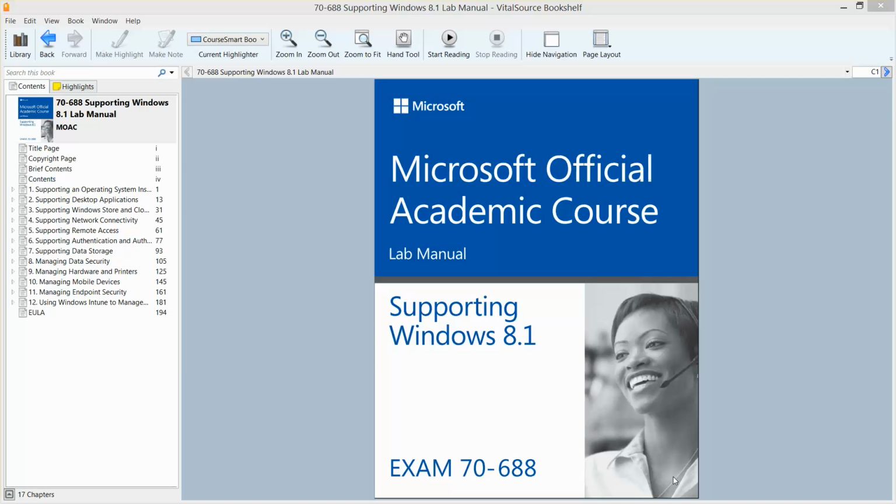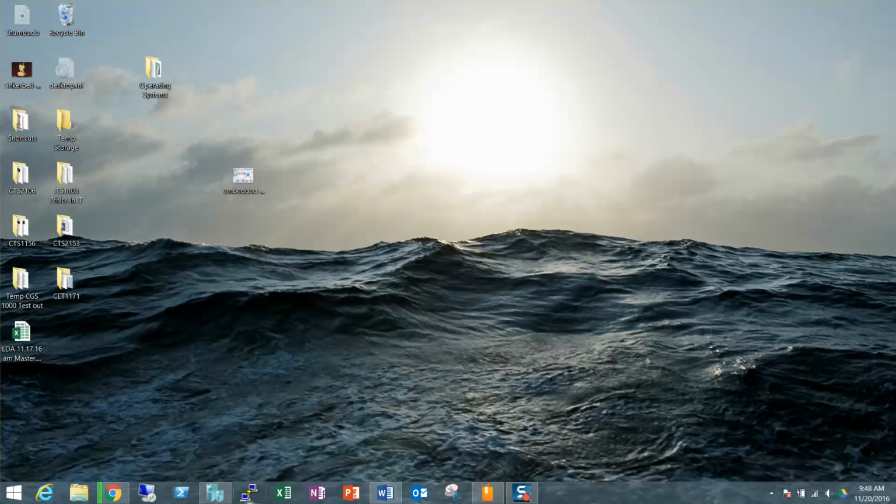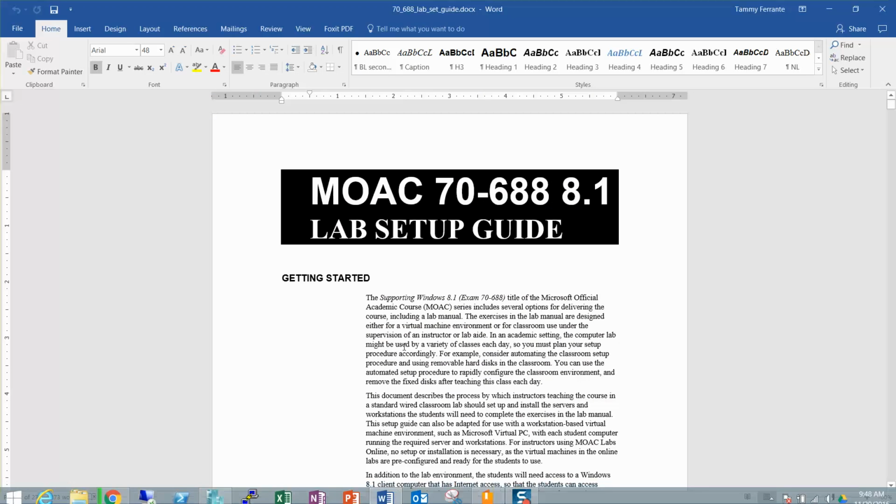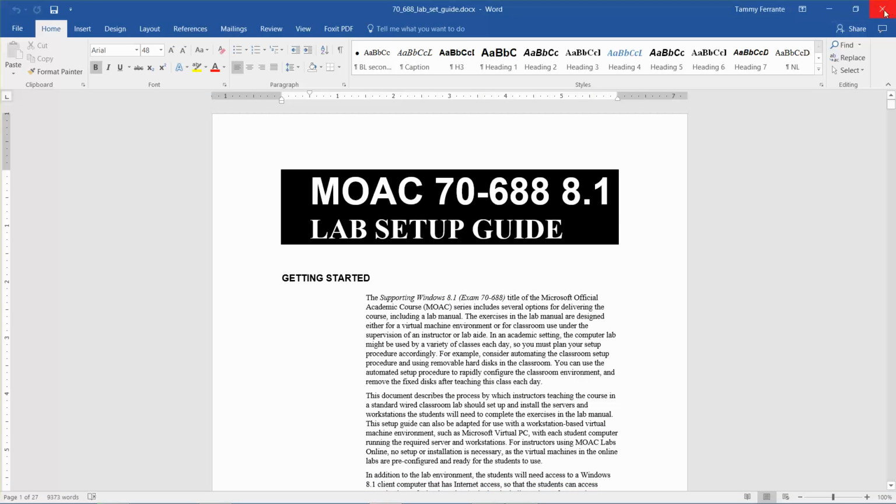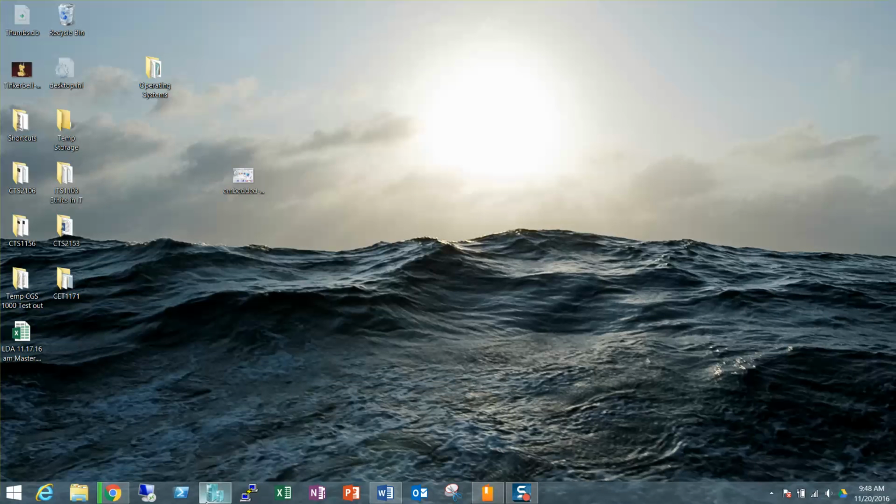This is the lab setup in preparation for the Microsoft Official Academic Course supporting Windows 8.1, in preparation for exam 70-688. So before we can start any one of these labs, we have to complete the lab setup. And I've already downloaded it, but you can find this along with a lot of other good information